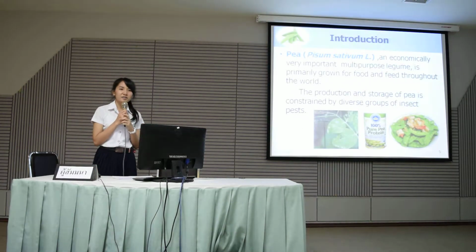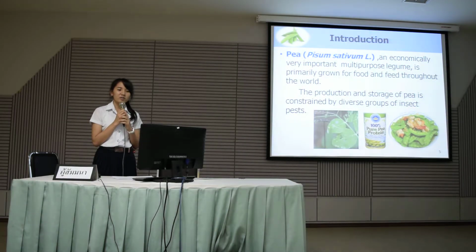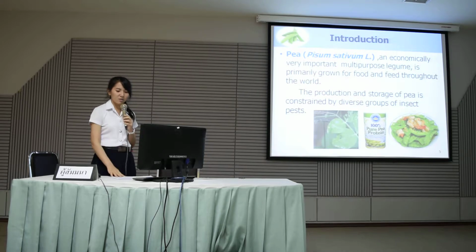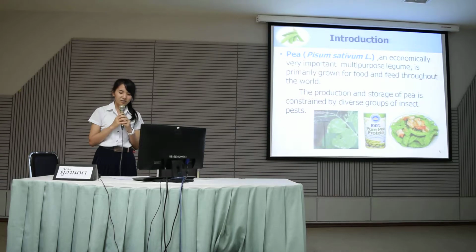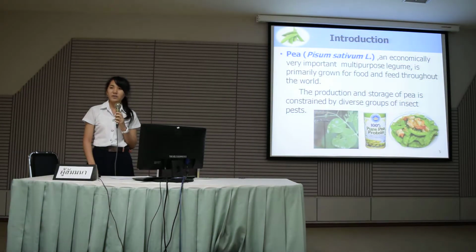Here, the scientific names. P is an economically very important multi-purpose plant, primarily grown for food and feed throughout the world. The production and storage of P are constrained by diverse groups of insect pests. This limitation can be overcome by transgenic approaches, preferably CRY genes from Bacillus thuringiensis, which are the most commonly used genes for development of transgenic resistant